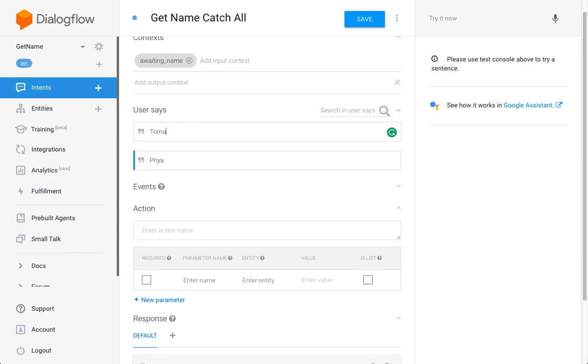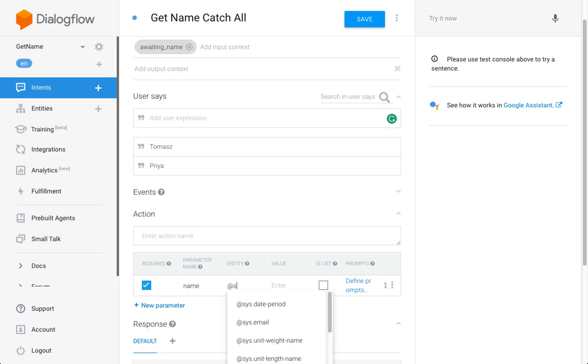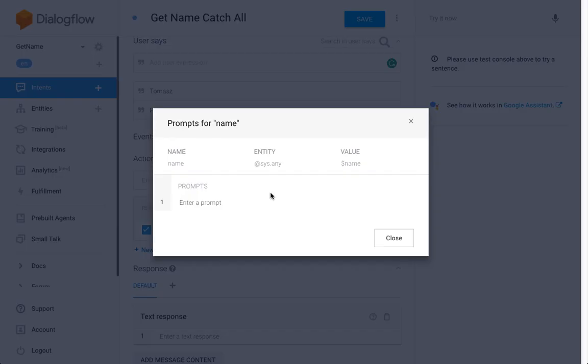So these are examples. We're going to add a parameter that I'm also going to call name. But this time we're going to use the system any entity, which will recognize every input. So same names here, prompt,